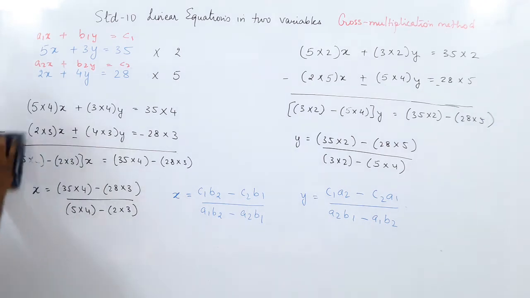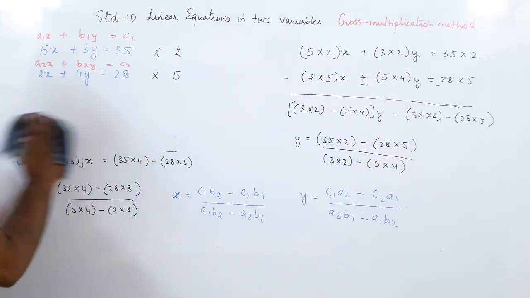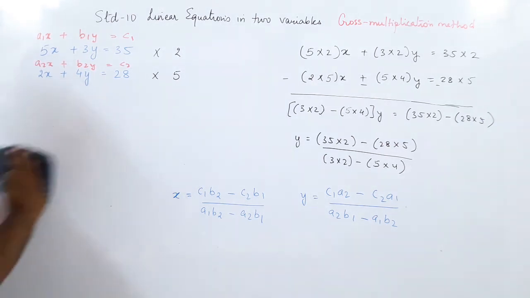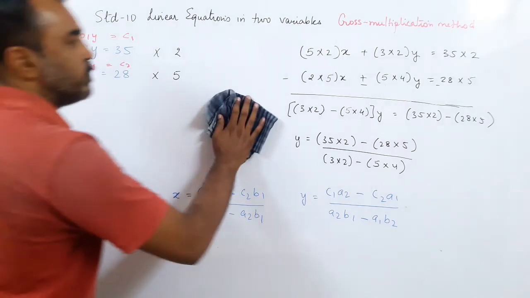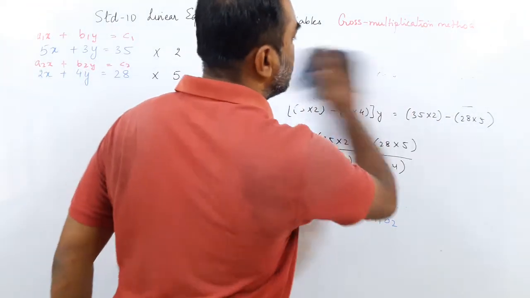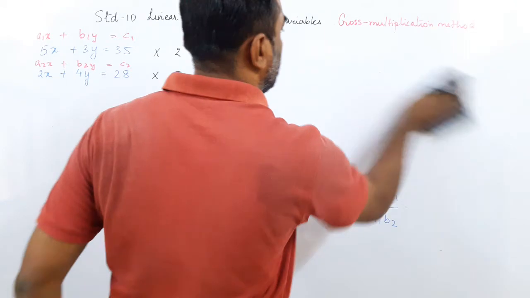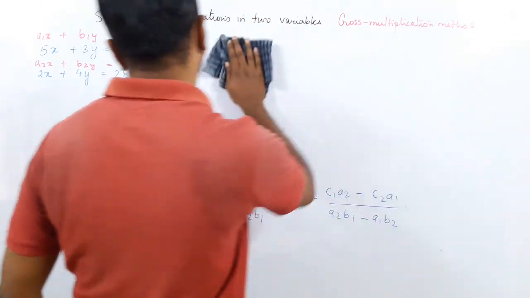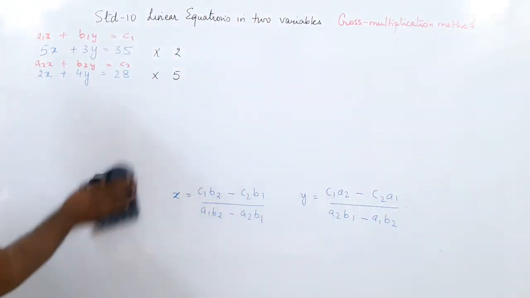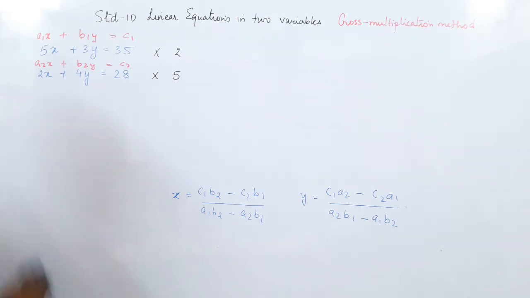Now how will we remember it directly? What is the method to understand or remember it directly? We'll see what method we shall use to get the same form. Because this is a long method, you don't have to use it. You only have to use this formula. So we'll find a shorter way to write the formula.